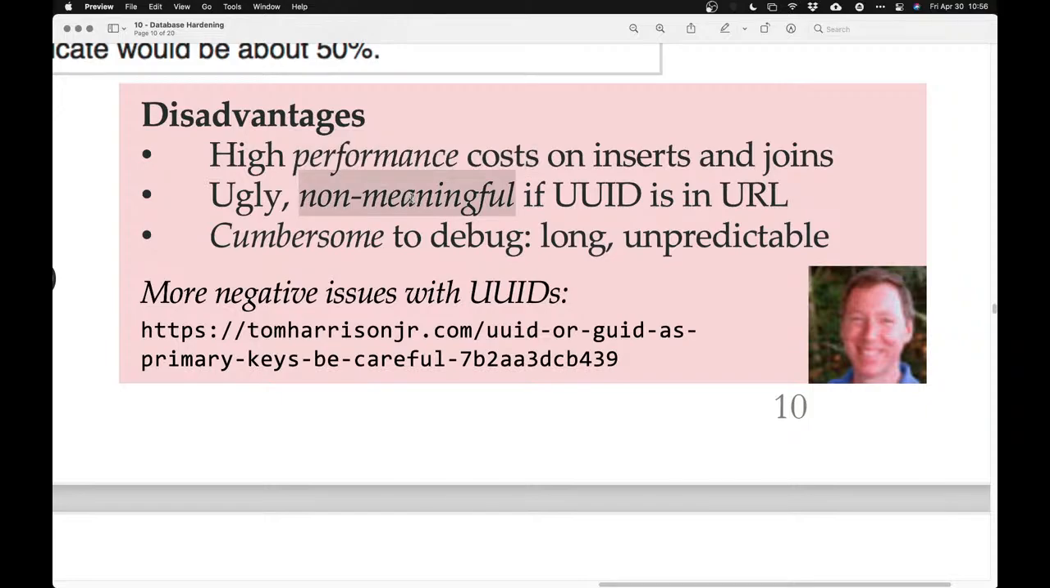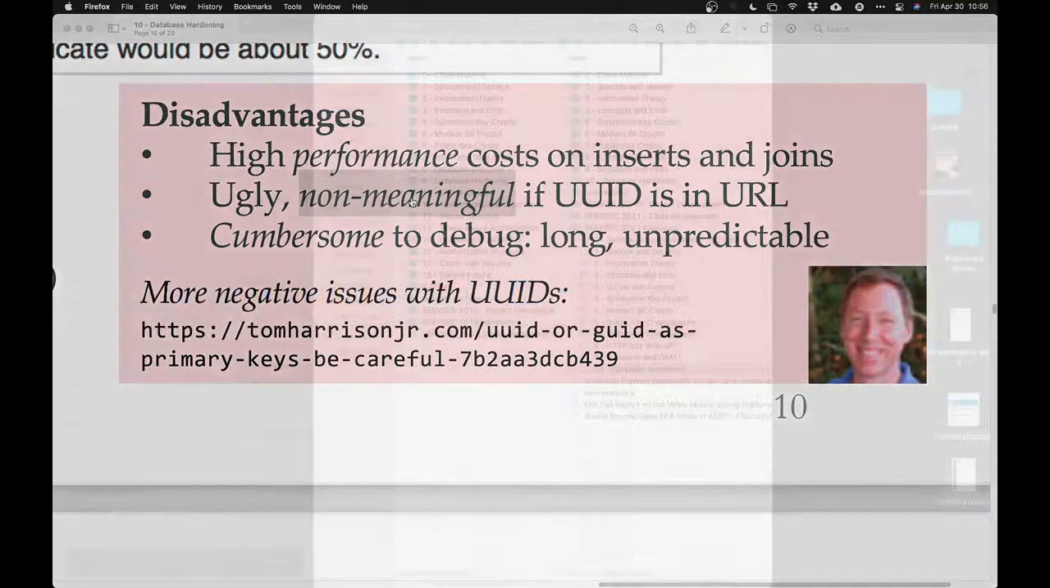UUIDs are big and ugly. That's a problem. If you use them in your URLs, the URL is going to be super big, right? And you know that if you go to, I don't know,